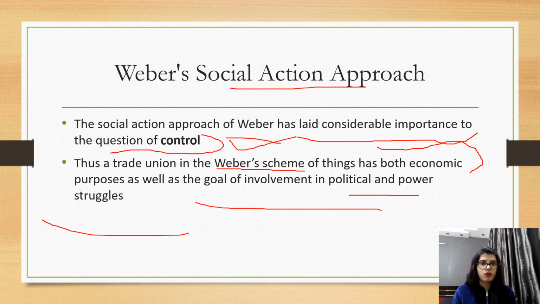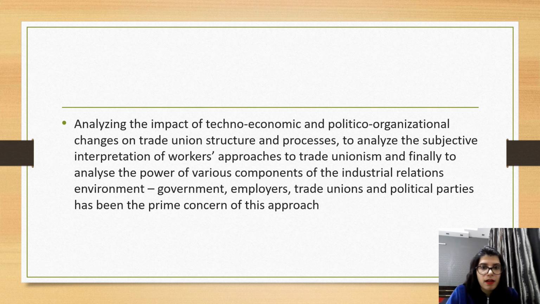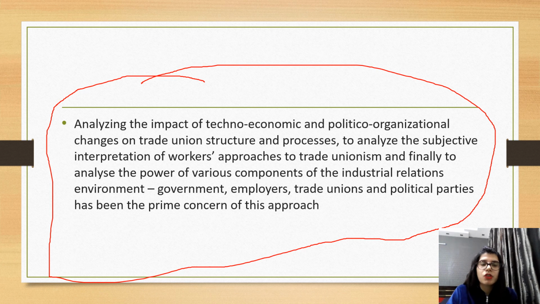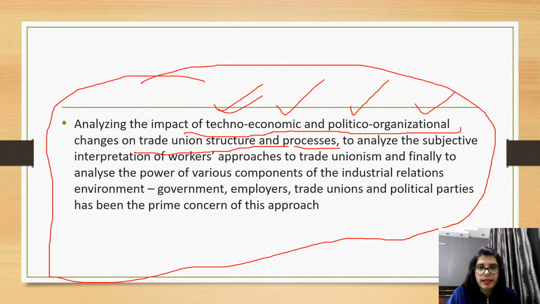Okay, so now अब इसमें क्या करते हैं, इस वाली अप्रोच में वीबर की सबसे पहले I told you पावर और कंट्रोल का बहुत बड़ा रोल है। So what do we study? The impact of techno-economic and politico-organizational changes on trade union structure and processes. ठीक है, तो टेक्नो कौन सी, टेक्नोलॉजिकल जो हो गए, इकोनॉमिक चीजें जो हो गई, पॉलिटिक्स से रिलेटेड जो होगी, ऑर्गेनाइजेशन स्ट्रक्चर से जो रिलेटेड हो गई, ठीक है, इन सब के चेंजेस को हम एनालाइज करते हैं कि ट्रेड यूनियन पे क्या फर्क पड़ता है, ट्रेड यूनियन के स्ट्रक्चर पे क्या फर्क पड़ता है इन सब चीजों से। ठीक है,